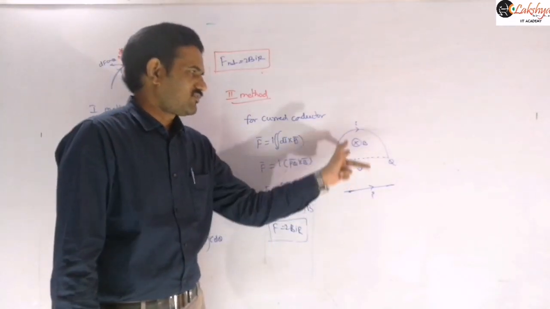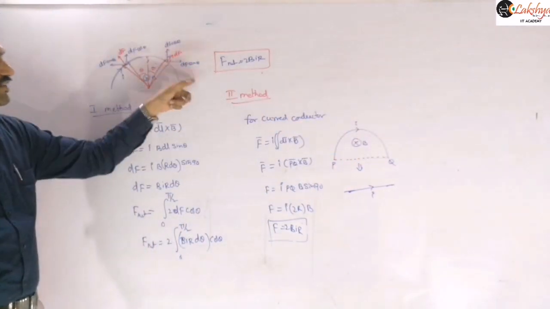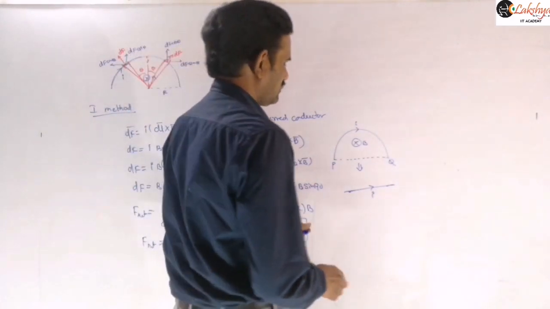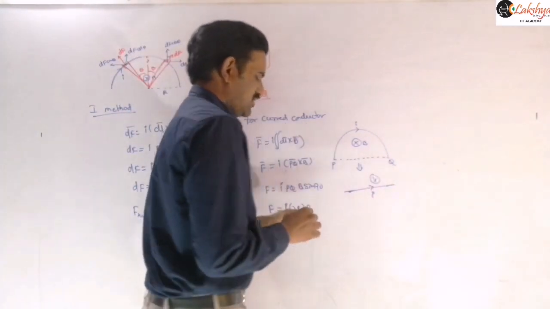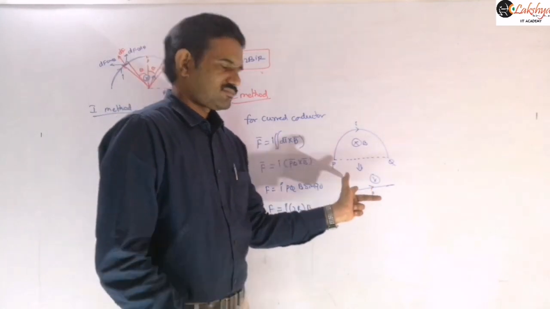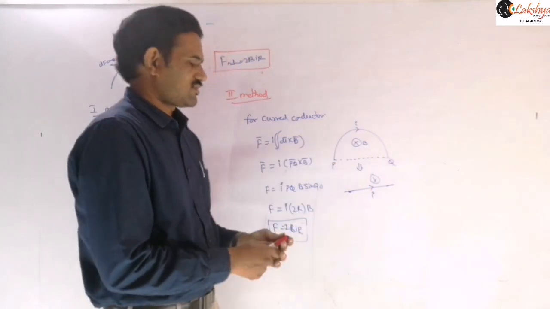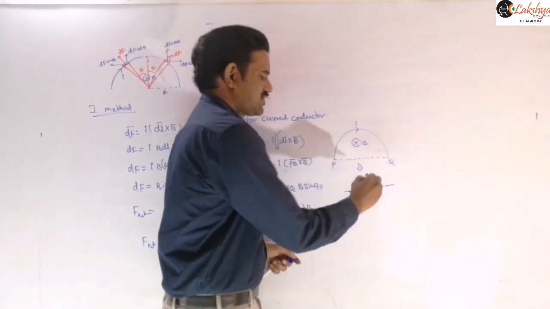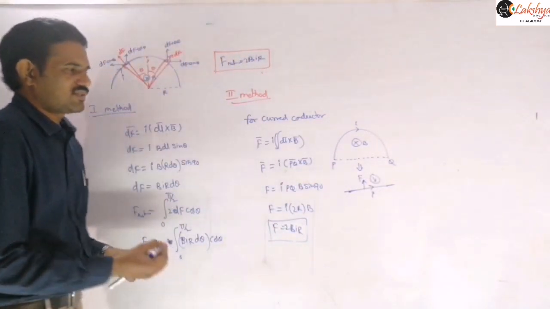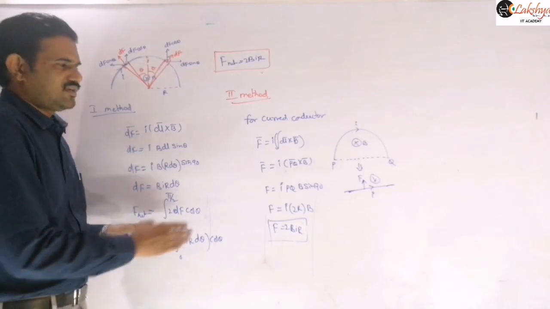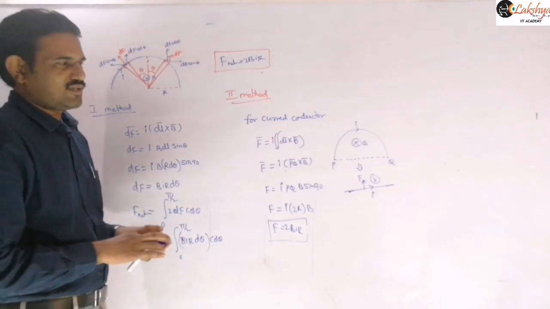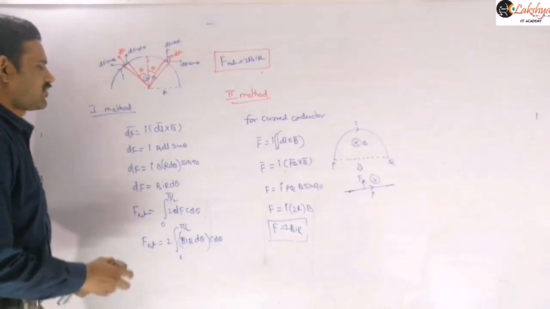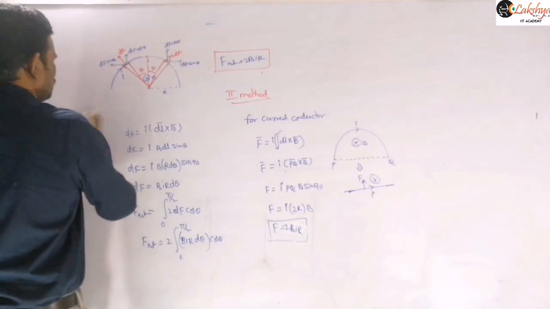You can find the direction of this. For this we already concluded here. This force direction will be upward. Now for this simply apply the left hand rule here. If you apply the left hand rule here, the field is inwards, current is flowing along this direction, so the force is acting in upward direction here. So the force direction also you can find by using this. So generally we proceed like this by using that shortest distance between them, right? And so now let us see some more problems based on this force here.